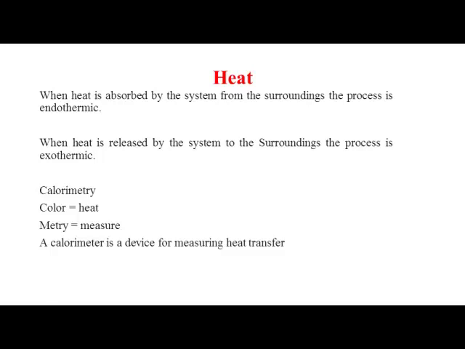When heat is absorbed by the system from the surrounding, the process is called endothermic. When heat is released by the system to the surrounding, the process is called exothermic. These are two types of reaction basically. Now, exo means out and thermic means heat. When heat goes out, that is exothermic reaction. And endo means in, and thermic means heat. When heat is absorbed by the system,